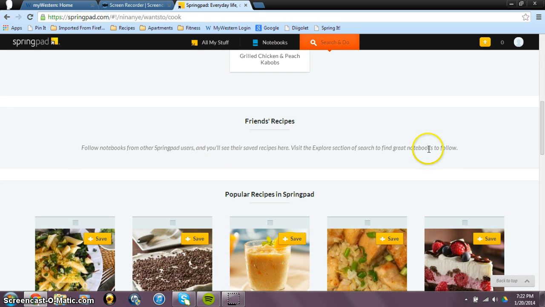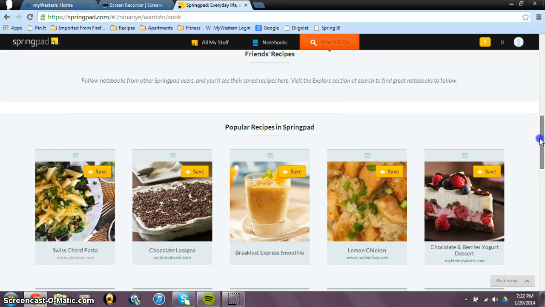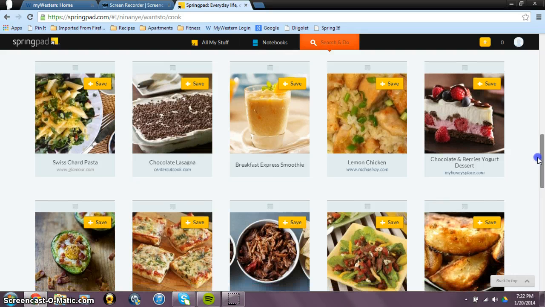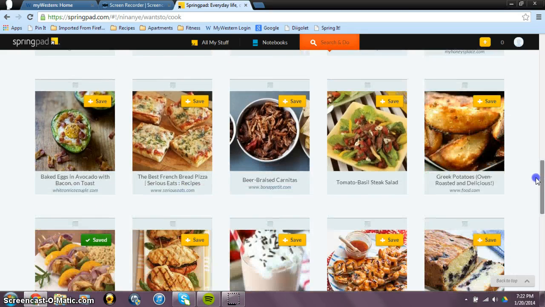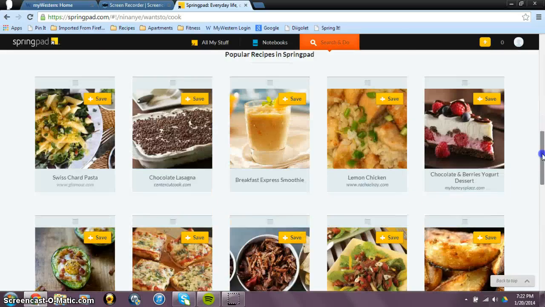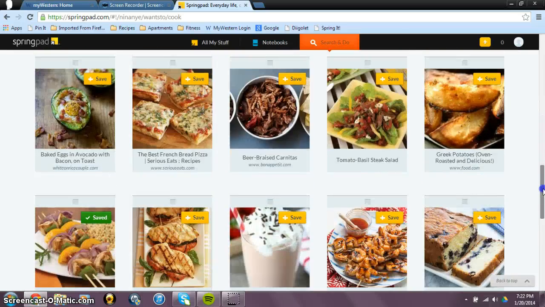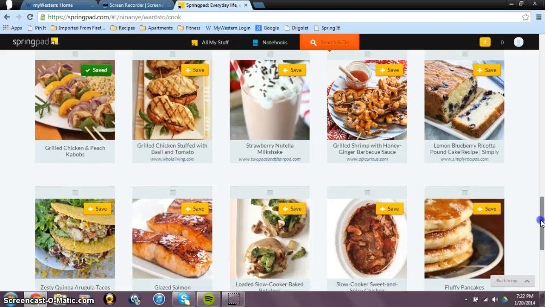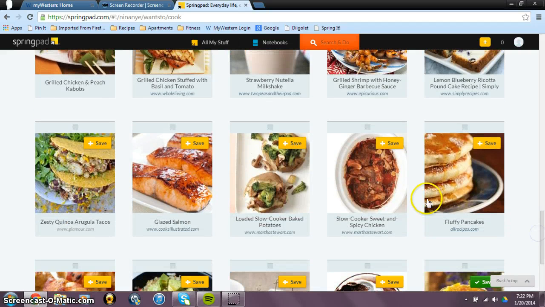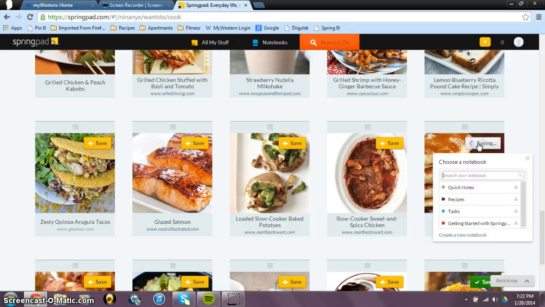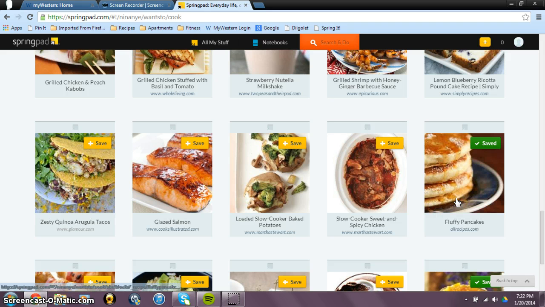but it can show you friends' recipes if you're friends with people on here, and I'm not yet. Or it has popular recipes in Screencast. And so when you get a recipe that you like, some of the ones I have up here, like say fluffy pancakes sound good, you can save that to any notebook or create a new notebook down here. And so I'm going to save it to recipes,